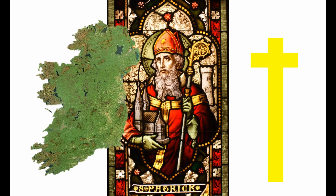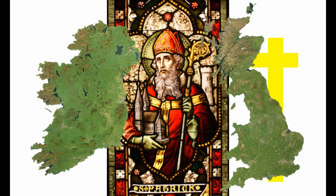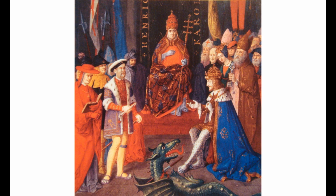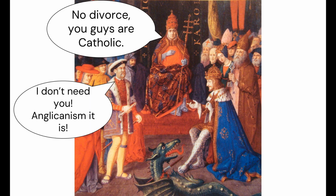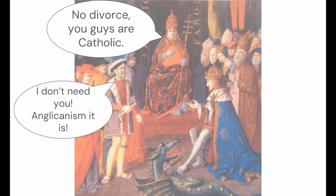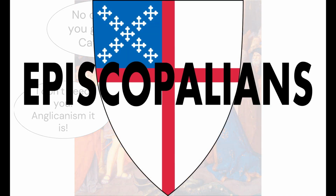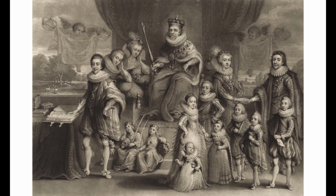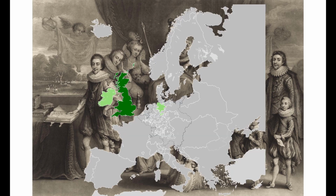Ireland had long since adopted Catholicism since the fall of Rome, and the island of Britain was Catholic until they decided Protestantism was better. Speaking of which, in the 1500s, King Henry VIII is told he can't divorce his wife, so he becomes Protestant, specifically Anglican, but you Americans know the Anglicans by a better name, the Episcopalians. Then the Tudors come into power, discovery of the Americas, England and Scotland unify under one crown, uniting Britain and